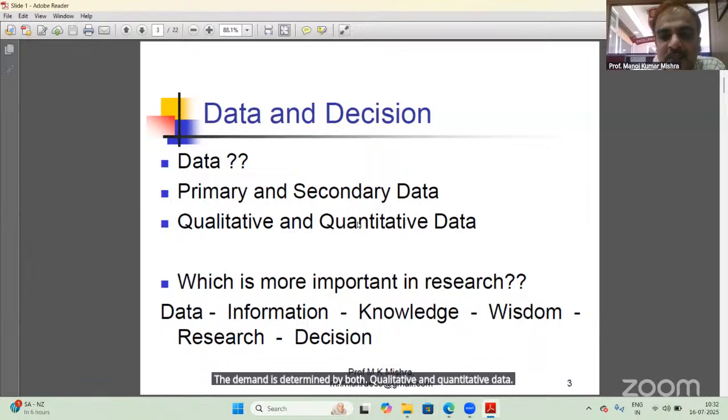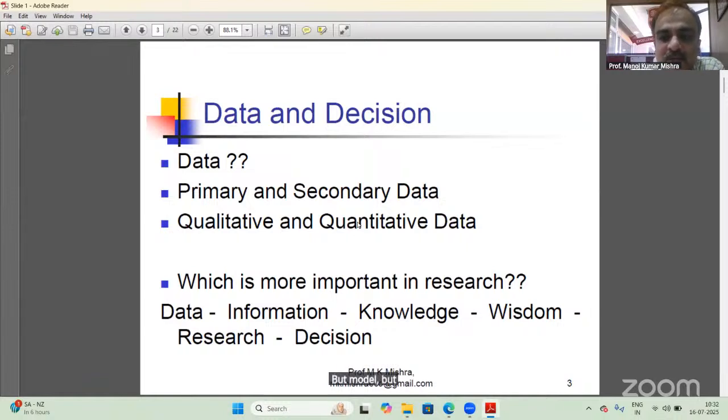Demand is a function of the income of the consumer, which is quantitative. Advertisement expenditure, quantitative. Price of the product, quantitative. Price of the complementary goods, that is quantitative. But